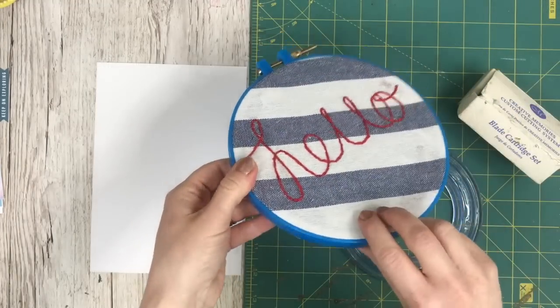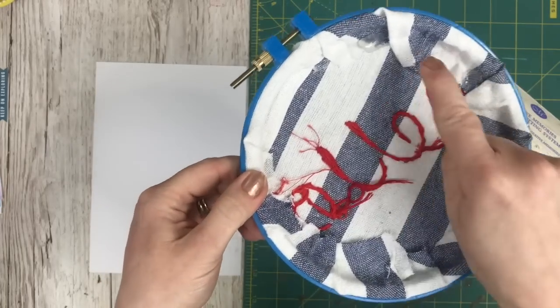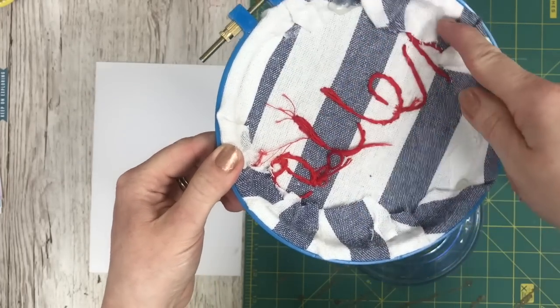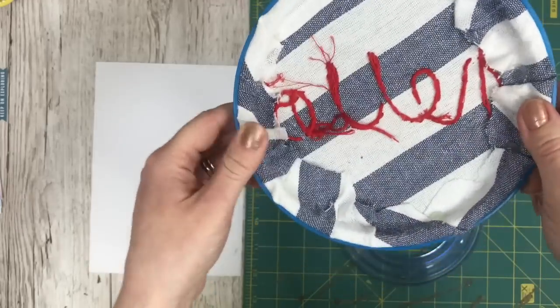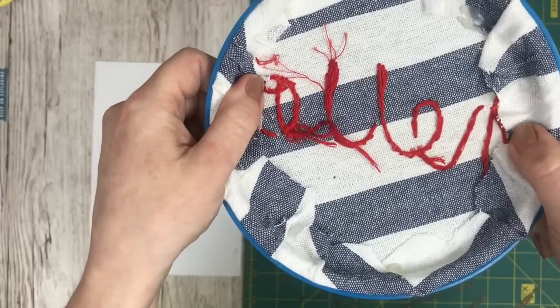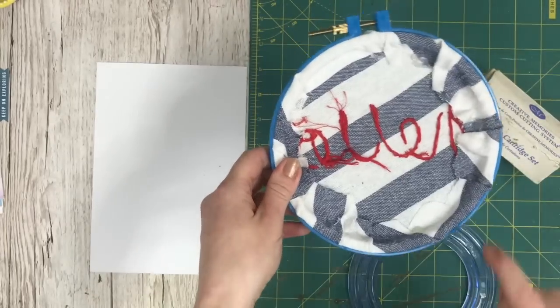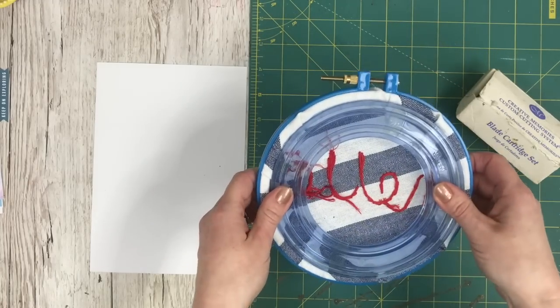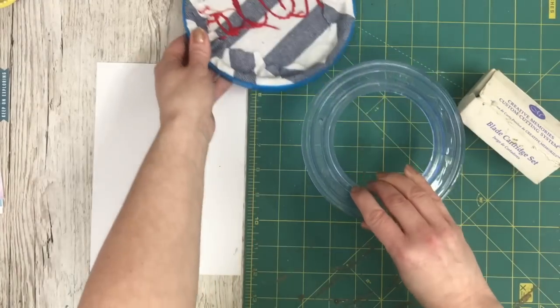Look how cool this looks. I've tidied it all up in the back. Sorry, I've got my clip-cloppy dog walking past. And I've just glued everything in. The other good thing is I've been able to secure the ends of the threads here as well, so they're tucked in nicely. Now I need my circle for the inside,